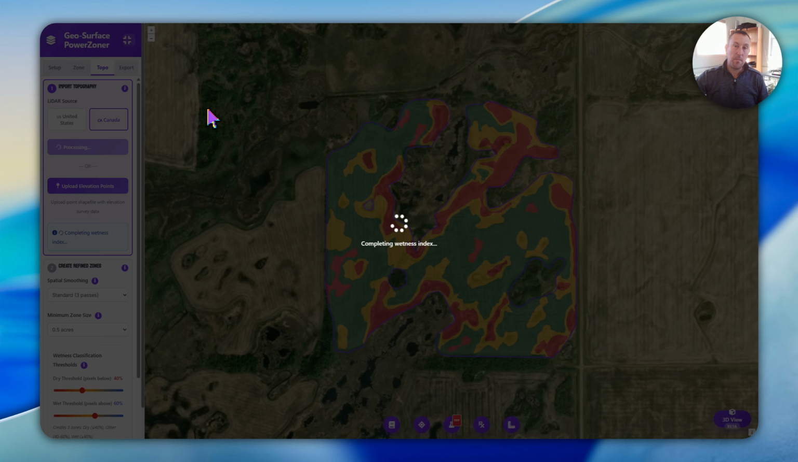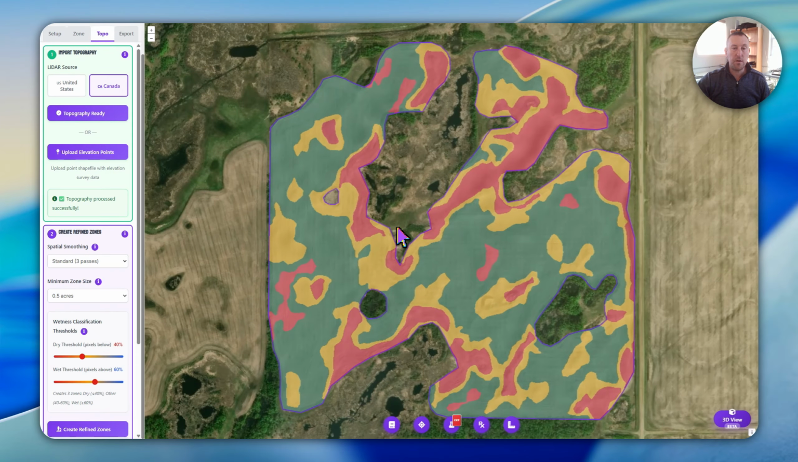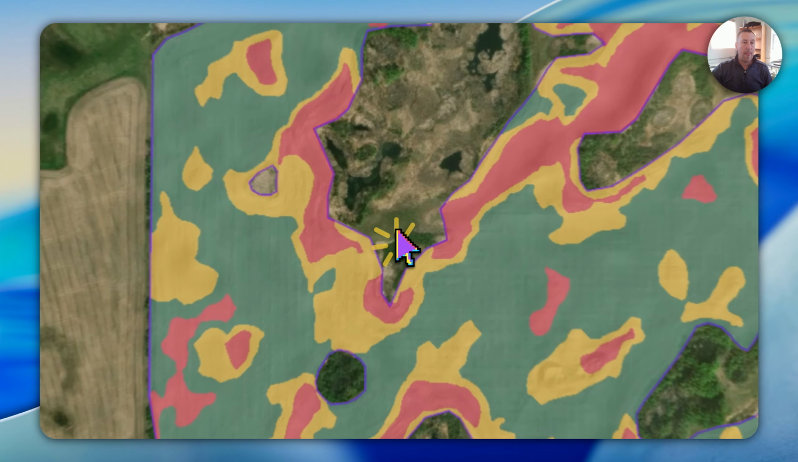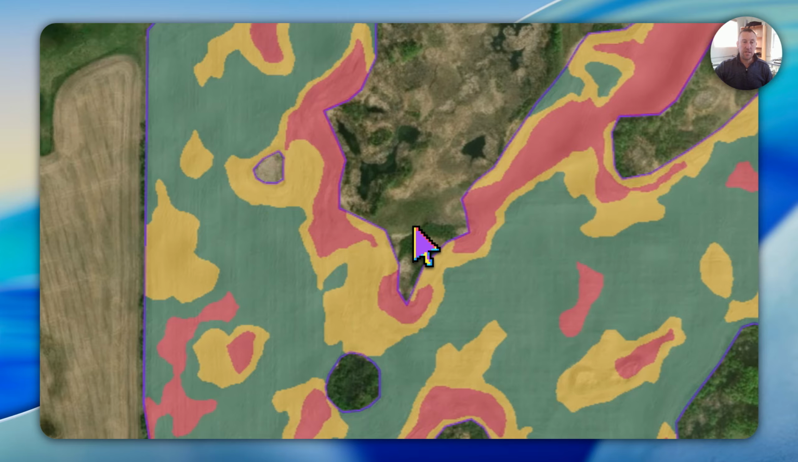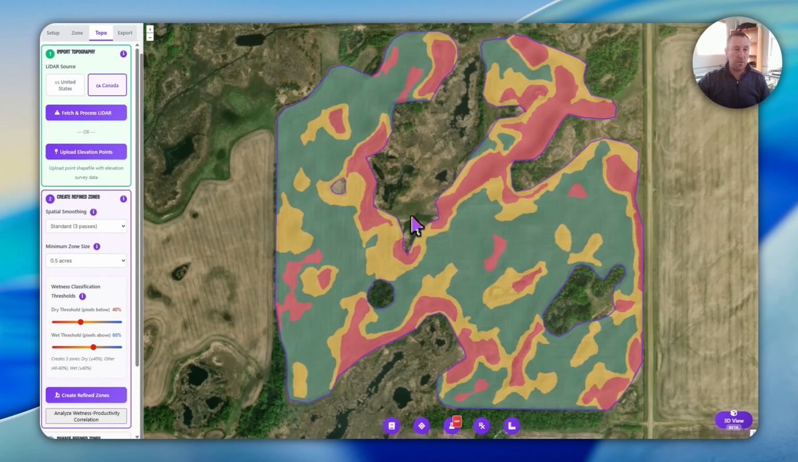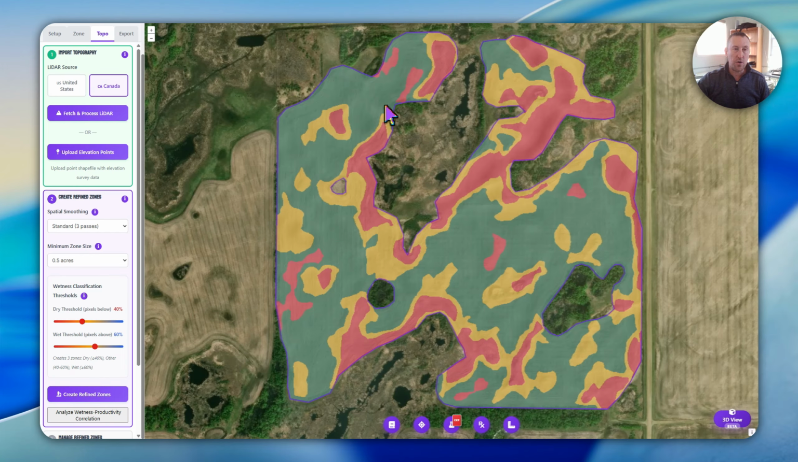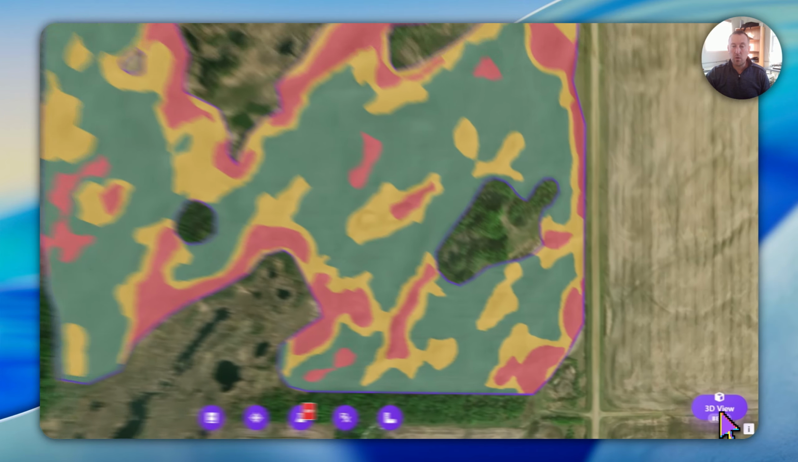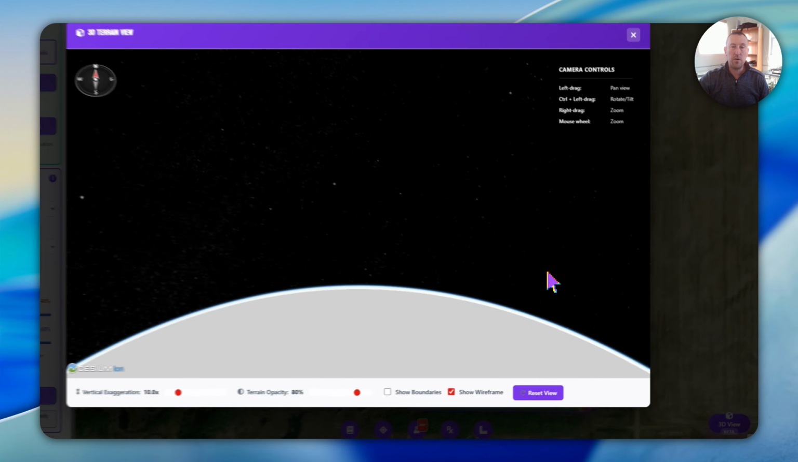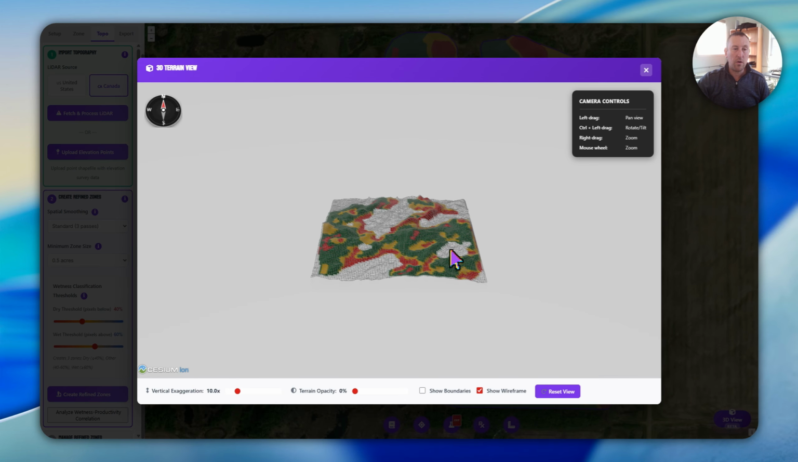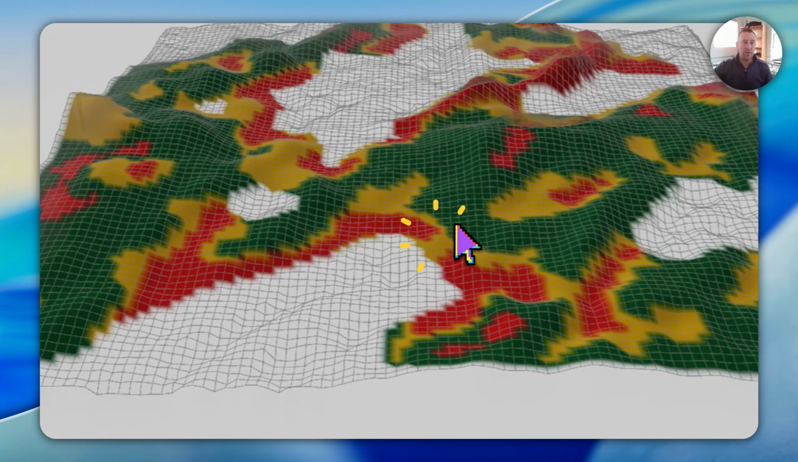It'll take usually about 30 seconds, and you'll see this spinner. Once it's completed, the spinner will disappear. What you'll see initially is your original zones, but now they'll be laid on top of a bit of a 3D textured background. The other thing that'll become available now is the 3D viewer. So you can click on that, it'll open a new little window,